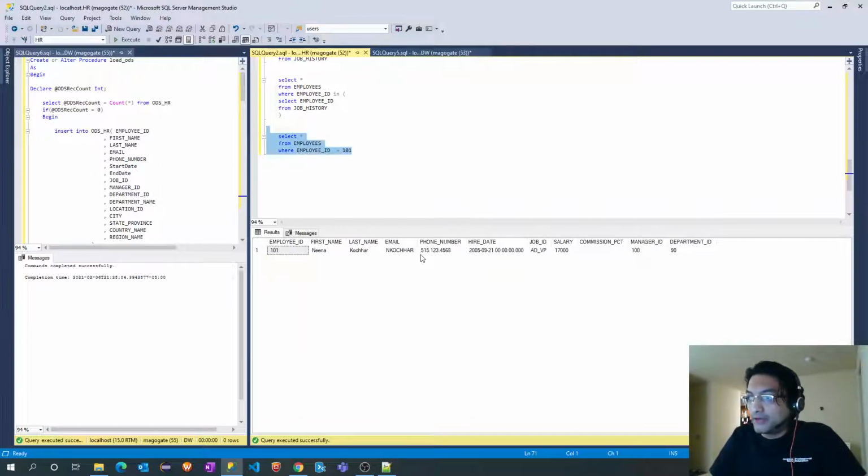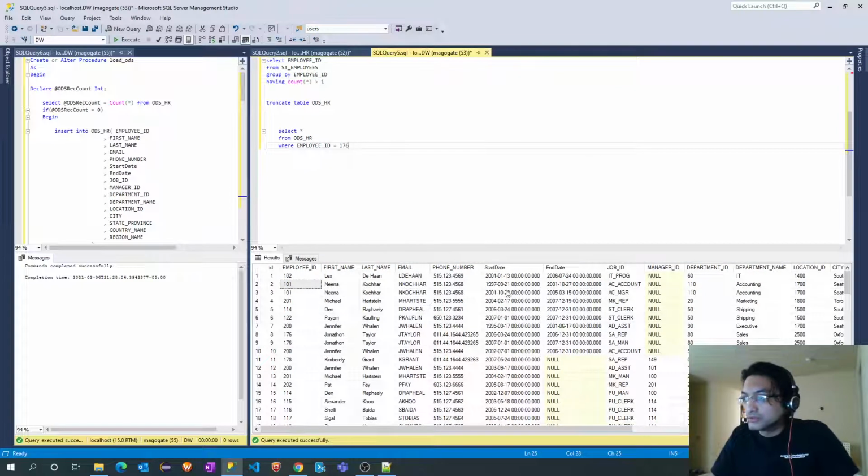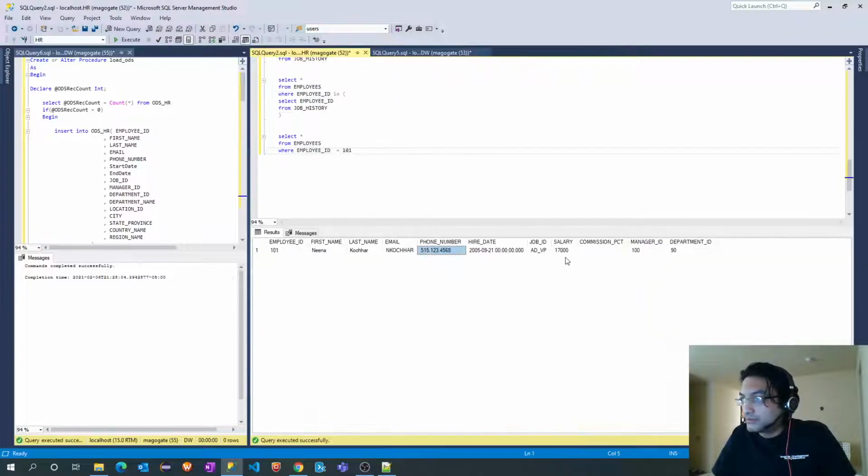All right. What I will do is I will change this. I will add the commission percent, let's say it's null. No, but we are not adding commission percent in the ODS table. So I will change this email ID, or maybe I will change the phone number. Yeah, I'm adding the phone number. What else is there? Phone number, salary, department, manager, email. So let's change the phone number.